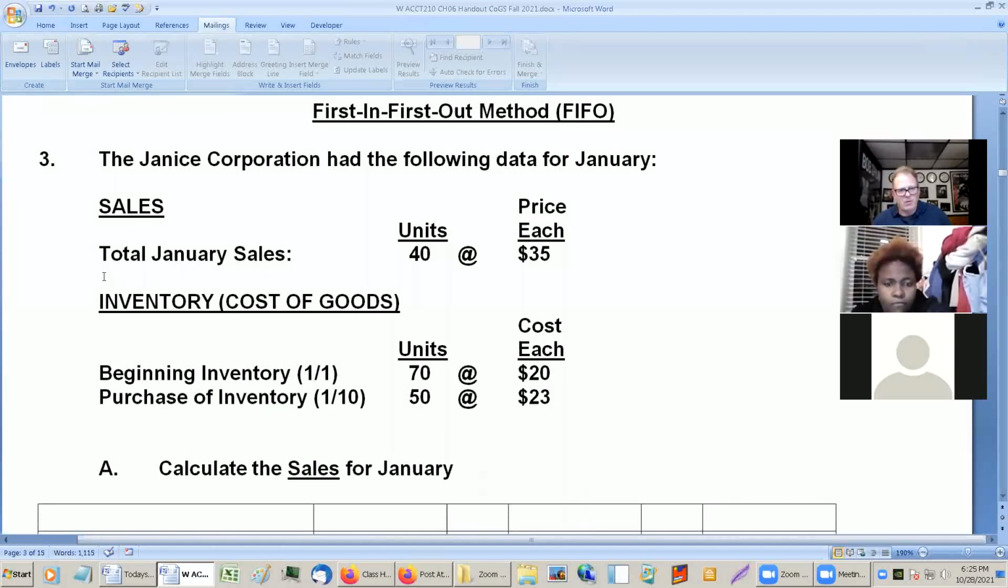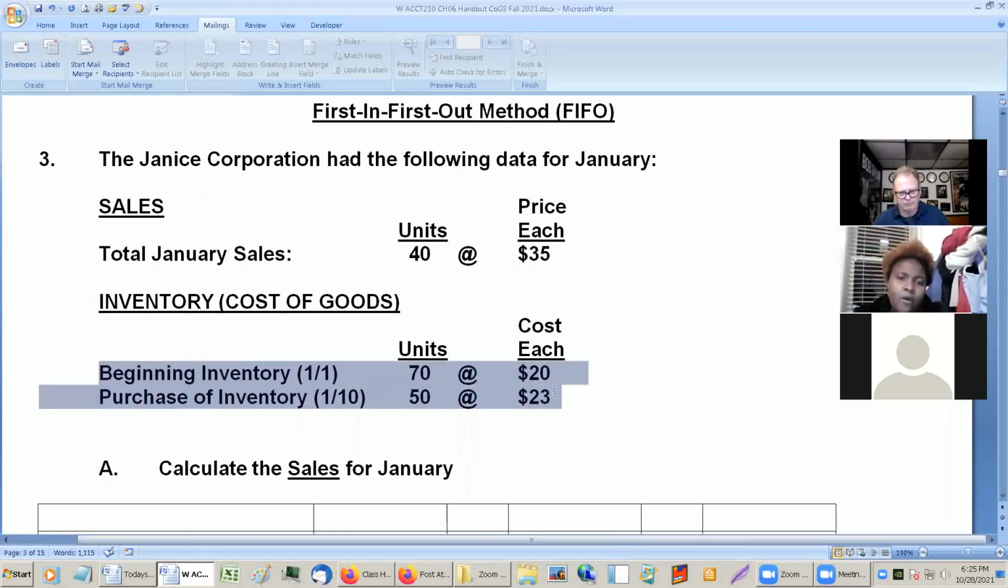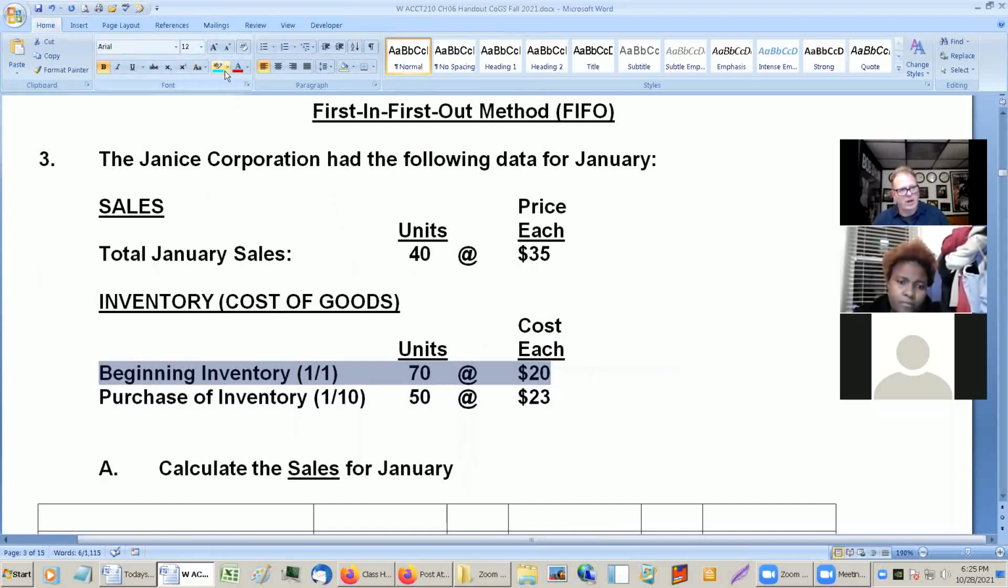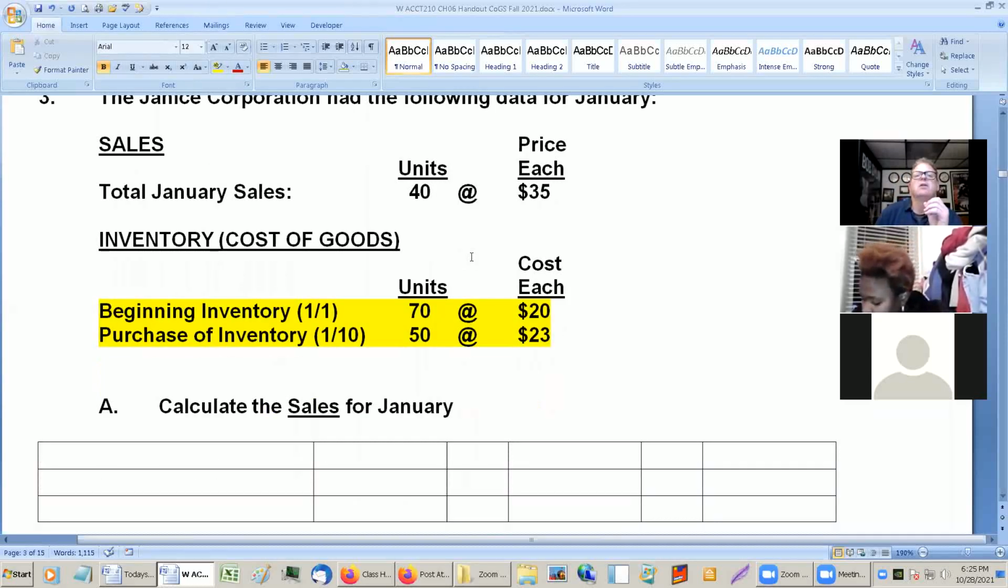For number 3, we have a problem. Each company has the following units. Oh, they have different prices. Yeah, we have items at different prices. So we purchase these items at different times, at different prices. The prices change, they go up, they go down, whatever. But when you have different prices, it becomes a little bit trickier because